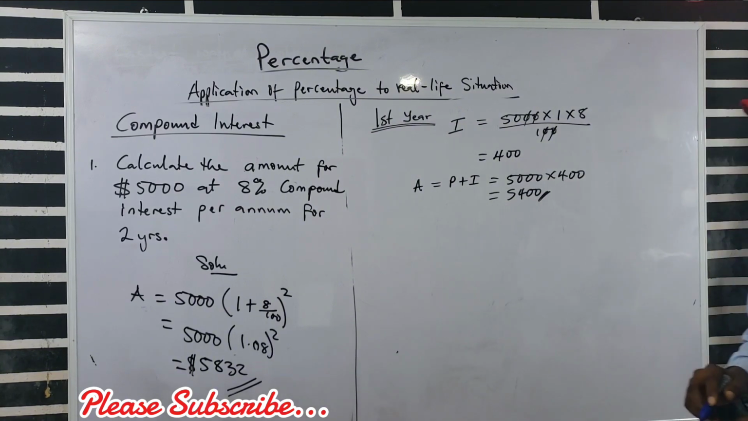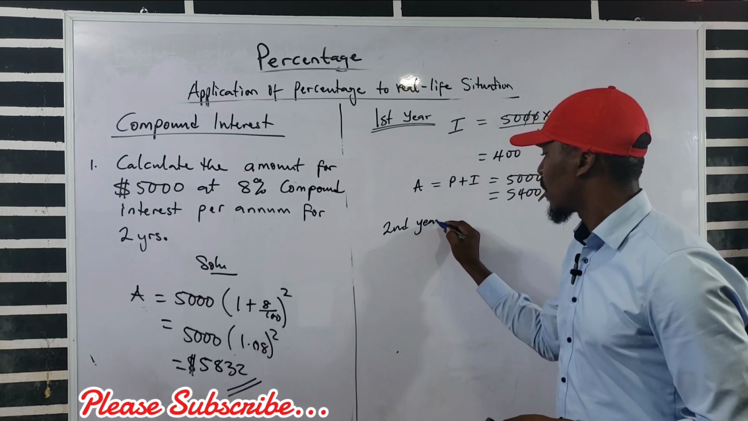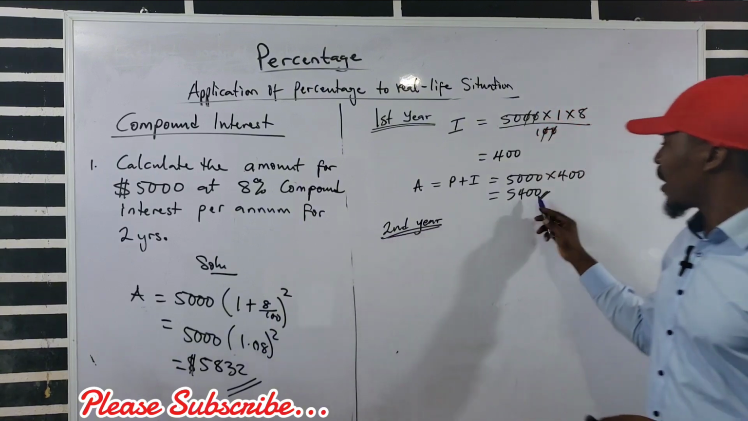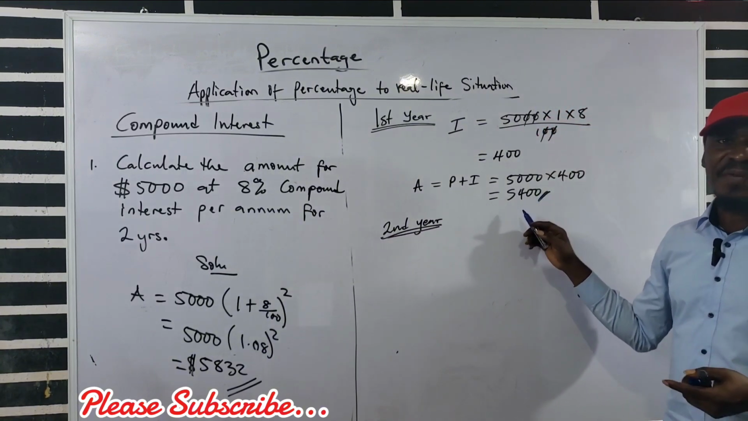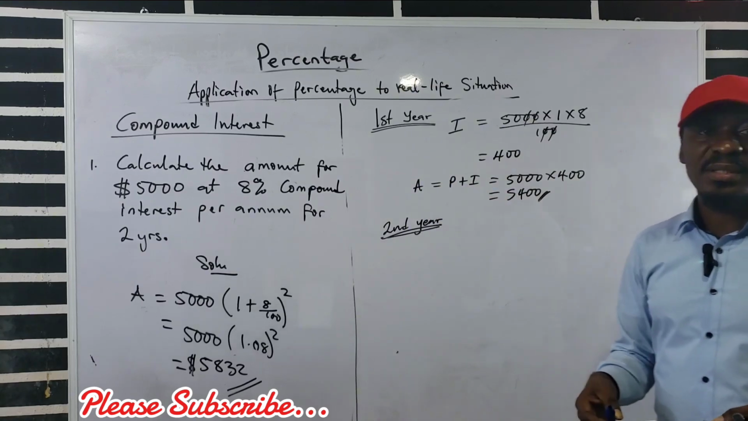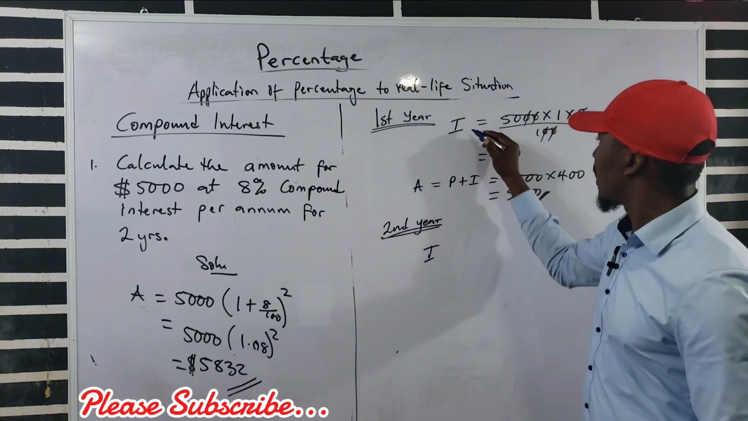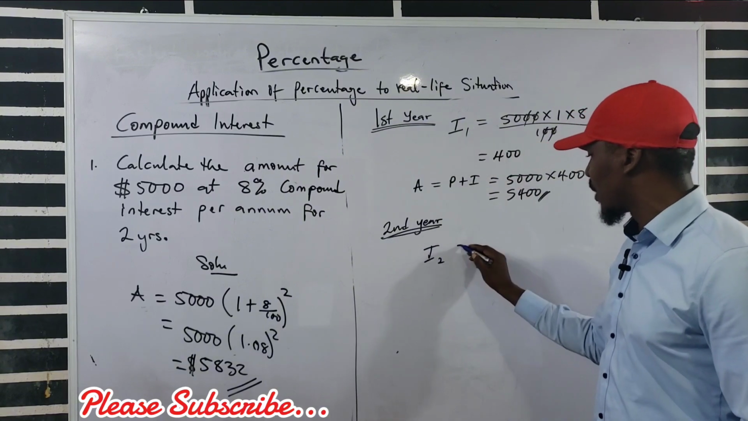So this is the amount at the end of the first year. When it comes to the second year, this amount at the end of the first year will now become our principal at the beginning of the second year. So let's call this one I1. I2 now will give us